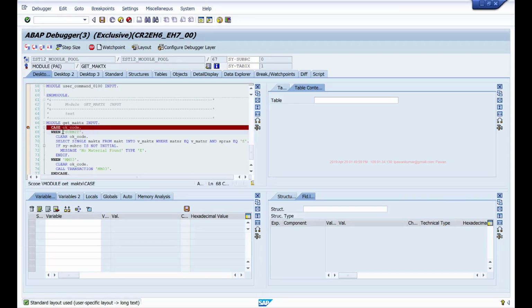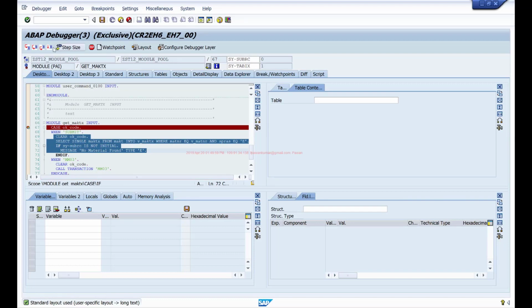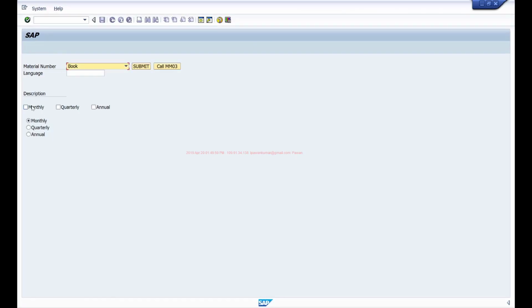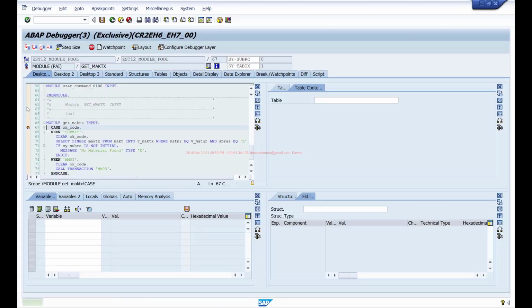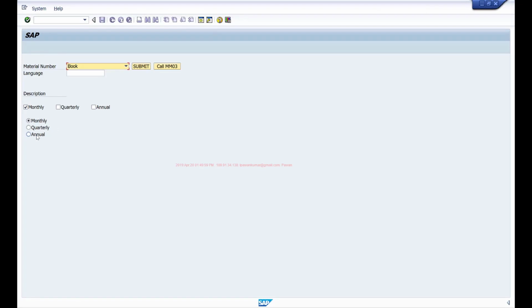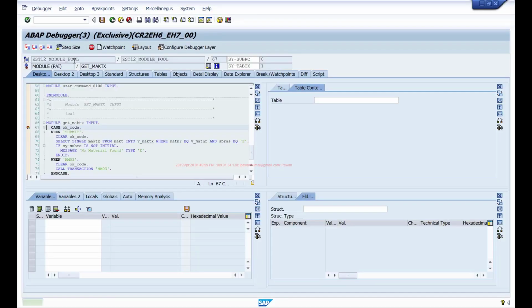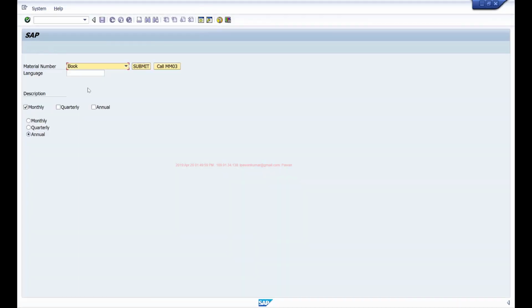Right? Since I said when submit, it is executing this code only when you click the submit button. Similarly, the moment I select this checkbox, it will trigger PAI, just because I maintained the function code. And same for radio buttons. Okay.